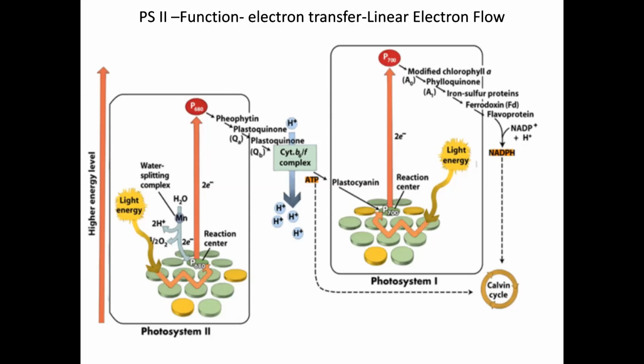Now here in the oxygen evolving complex, water molecule releases 4 electrons by way of getting oxidized, one each after the hit of one photon at the reaction center. Hence, in total, 4 electrons are released after the hit of 4 photons. The electrons released by the split of water come to occupy the electron hole created in P680 plus, but only one at a time can be accepted by P680 plus.